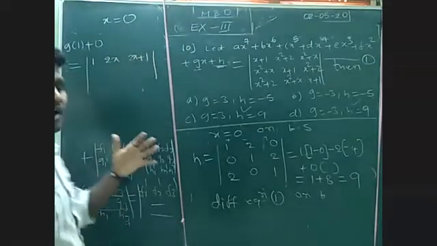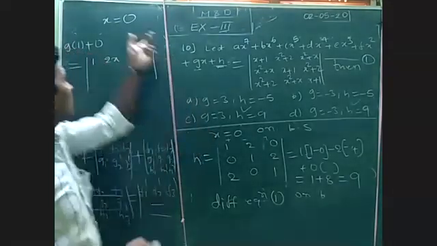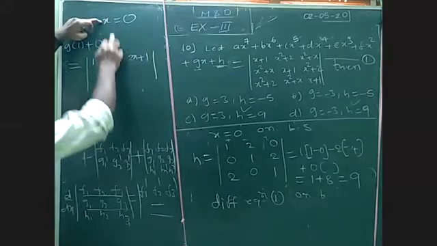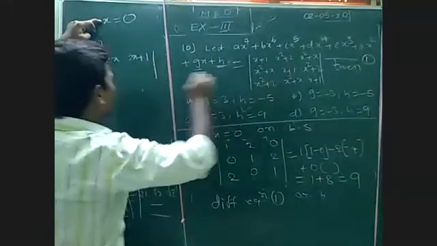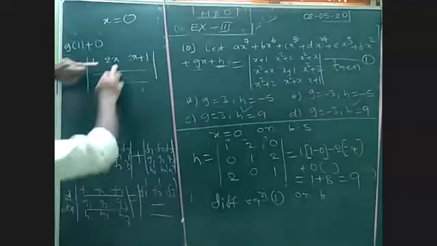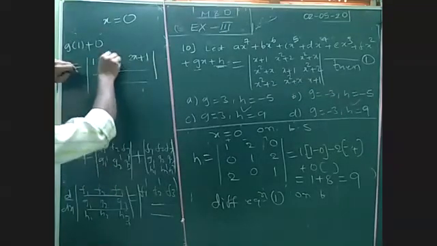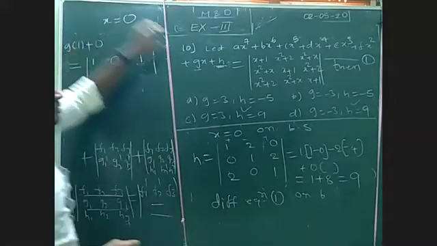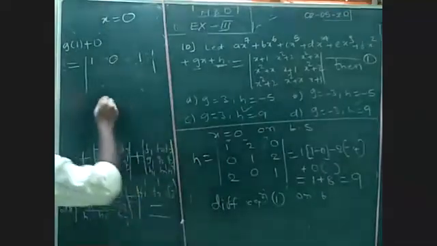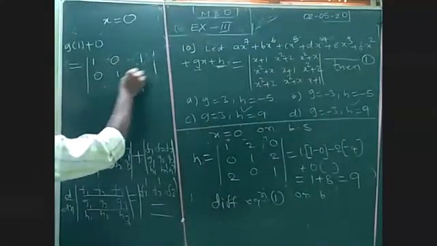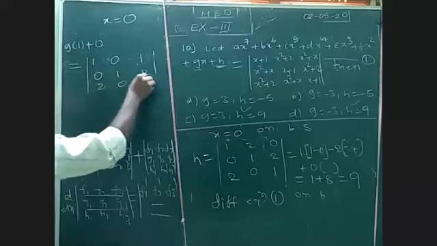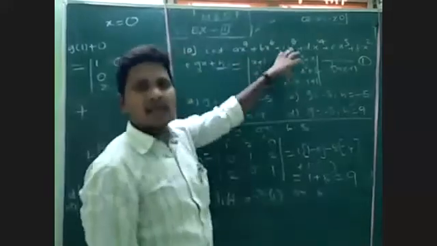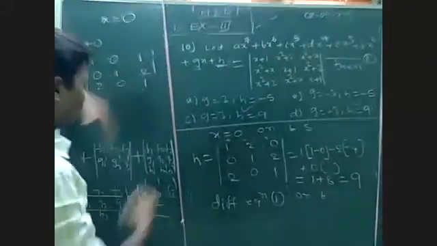What I said, after differentiation we can put x equal to 0, because the left side g is a constant. Now substitute 0. I differentiated the first row and kept the remaining two rows as they are. Now put 0: 2 into 0, 0, plus 1, this is 1. And the same x is equal to 0 substituted in the second row and third row: 0, 1, 2, 2, 0, 1. So I differentiated the first row and replaced x with 0. We got this determinant. Now what is the second one?